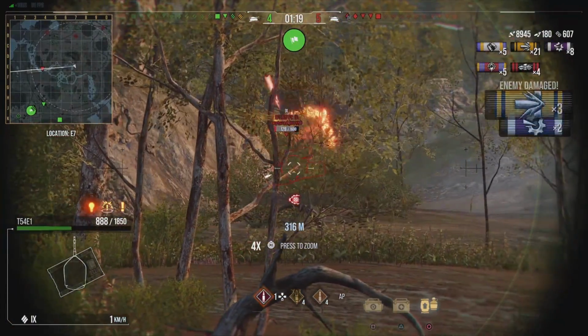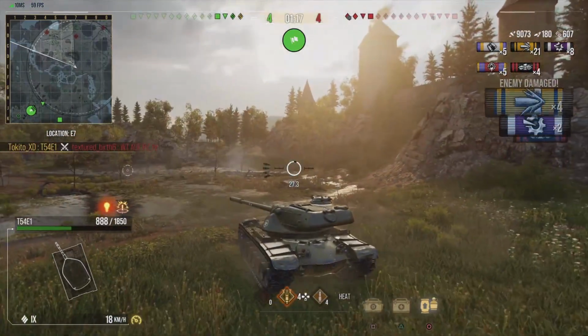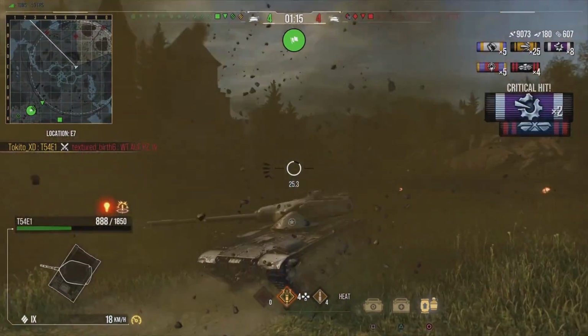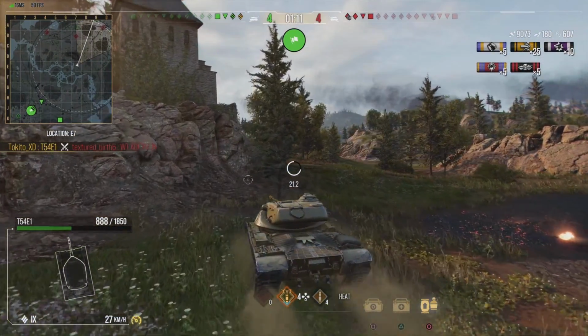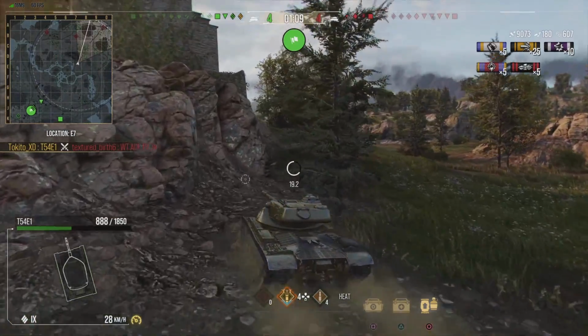And Tokido didn't miss this time. He missed the shot on Hori, and Waffle missed again. But Tokido dumped his entire clip on a full health Waffle, bringing his total to 9,000 damage. There is 1 minute remaining,